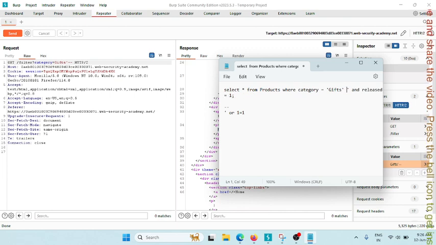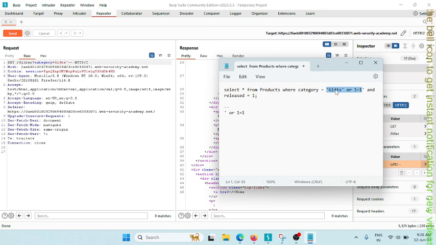How is this going to happen? The application will read gifts or 1 is equal to 1. Because 1 is equal to 1 is always true, that means it is going to fetch all those products